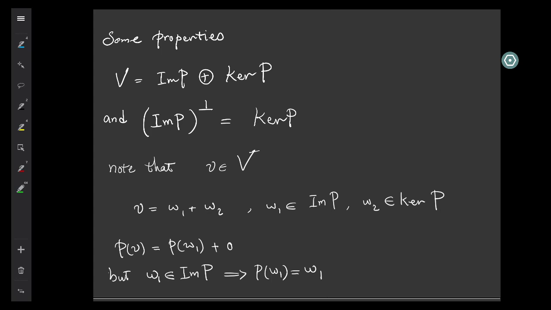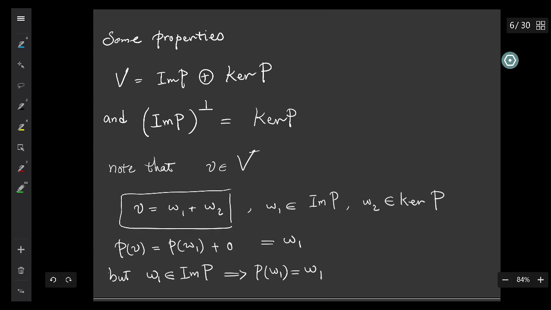That's because P is a projection. So this is equal to W1. And because the decomposition when you have a direct sum is unique, we can find W1 and W2 uniquely such that their sum is equal to v. That means that if we know the